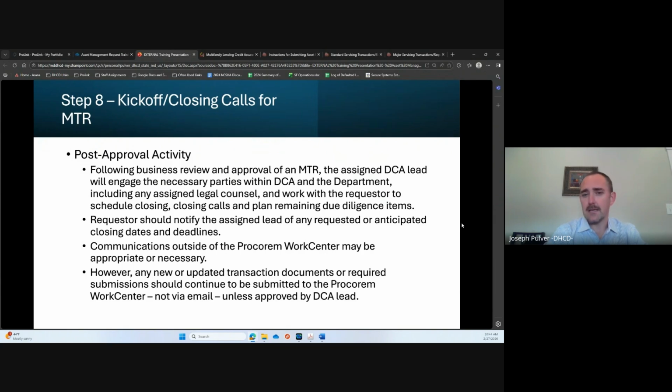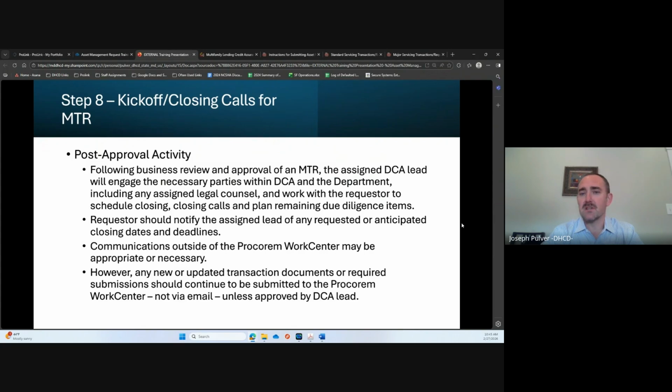And also we're trying to make it a priority, for consistency across our teams and tracking and reporting, to do all things through Procorum and not via email. That helps us and it helps you because we all have a clear idea of what is where. We don't have to figure out if something's sitting in somebody's email and didn't make it, they're not sharing it, or they're not on the matter. So we're trying to get away from any communication outside of Procorum.